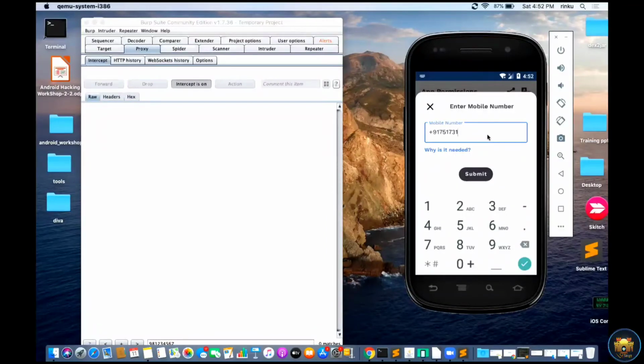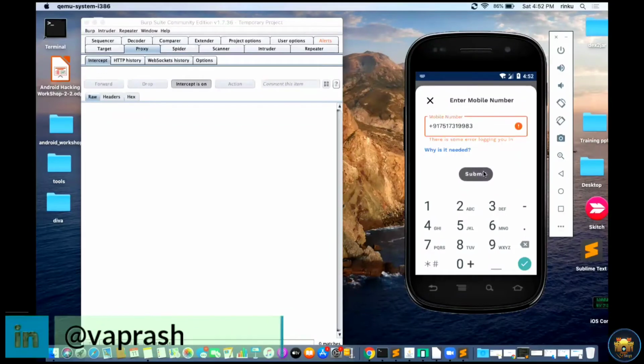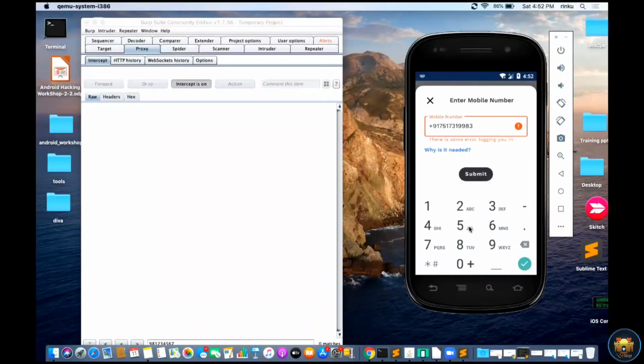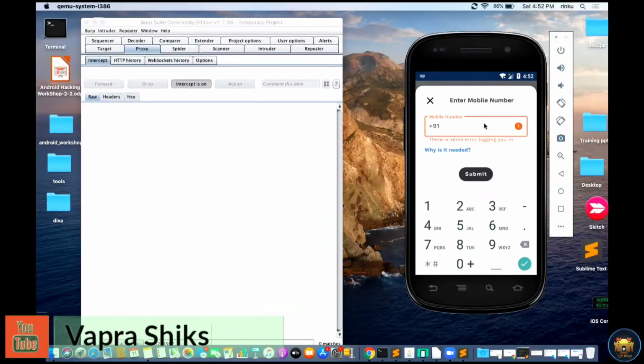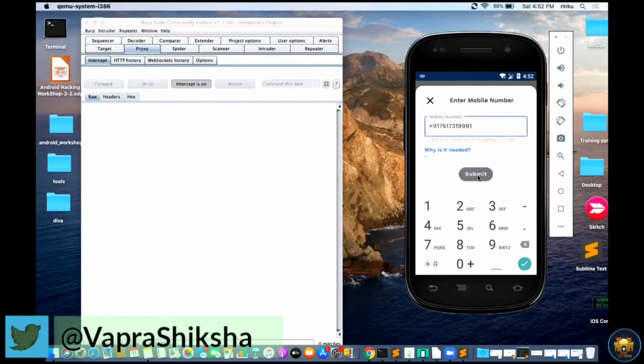Here it gives some error: you don't have a Bluetooth device. Yeah, it is giving an error.